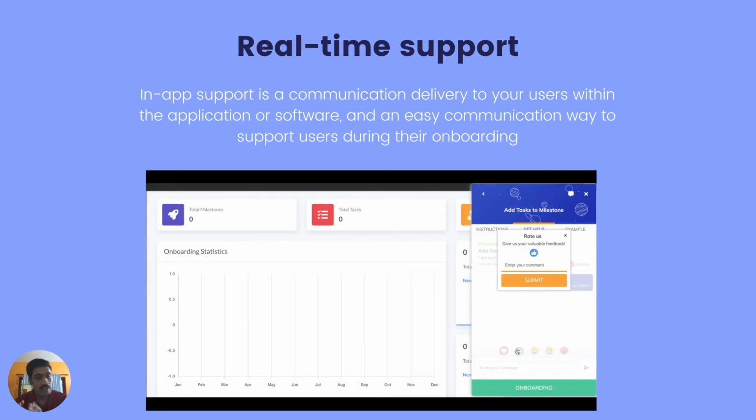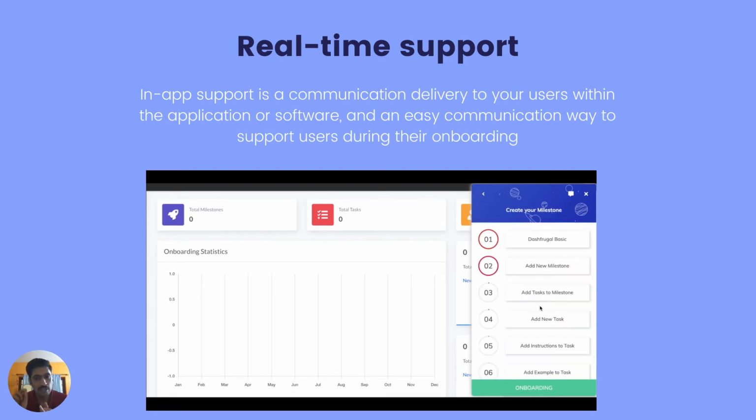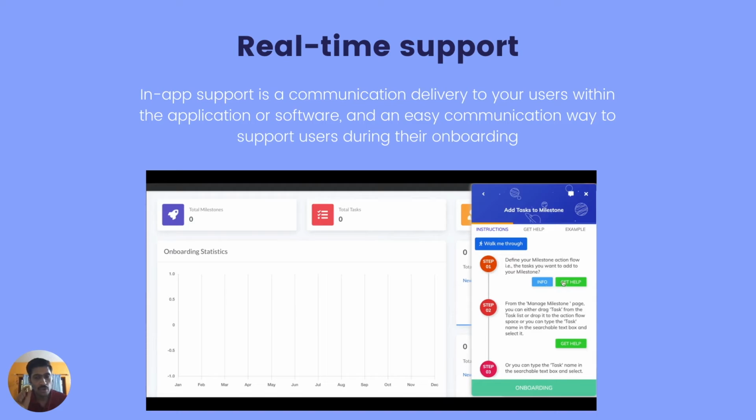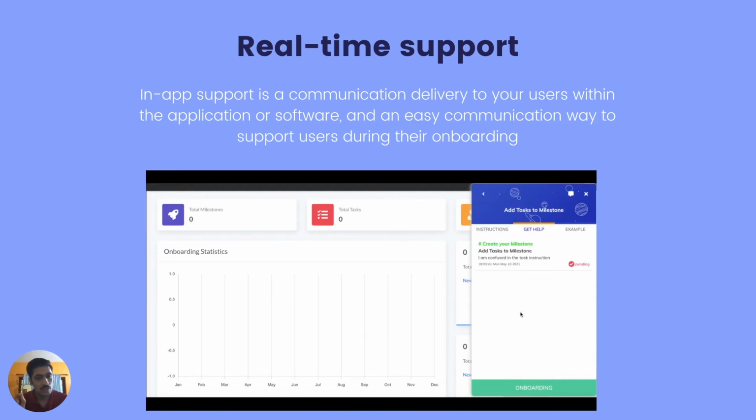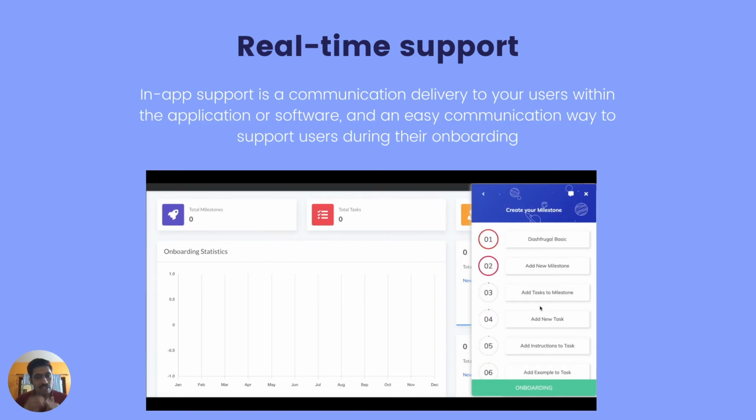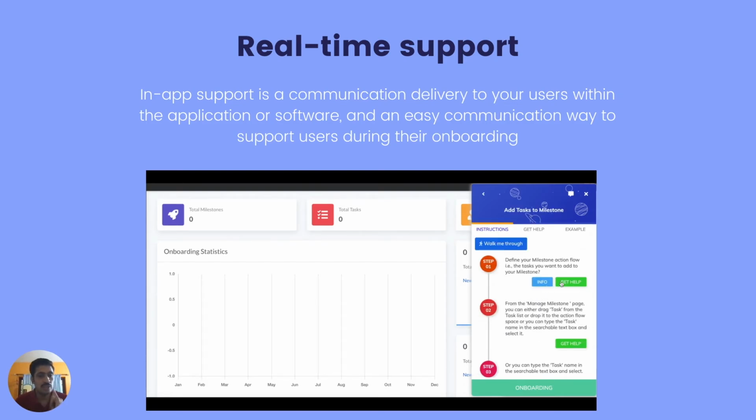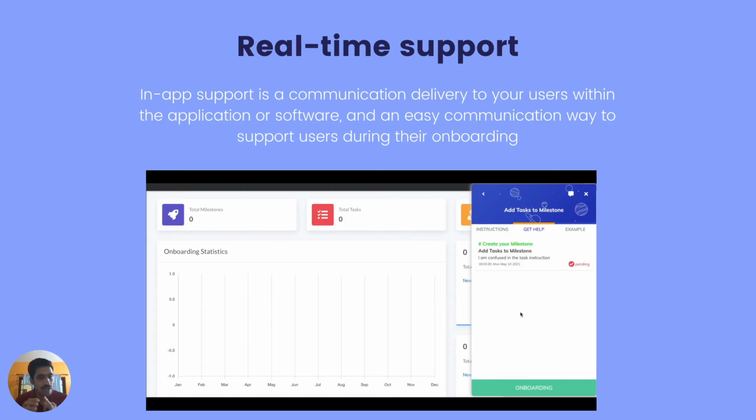Whenever they require it, they can click on an option that we have, like get help. It goes as a request to the customer success team member, and the session is turned into live chat mode. So the customer success team member can understand where the user is actually trapped and where they require assistance, and quickly the CSM team can provide that onboarding assistance.